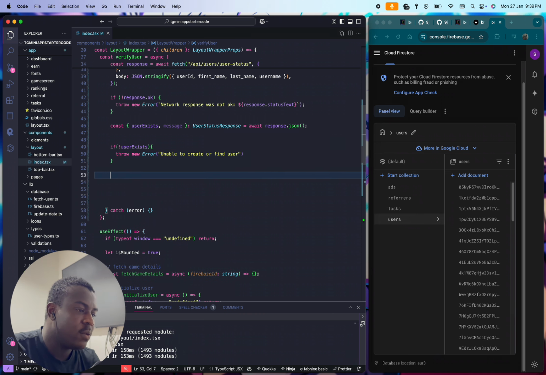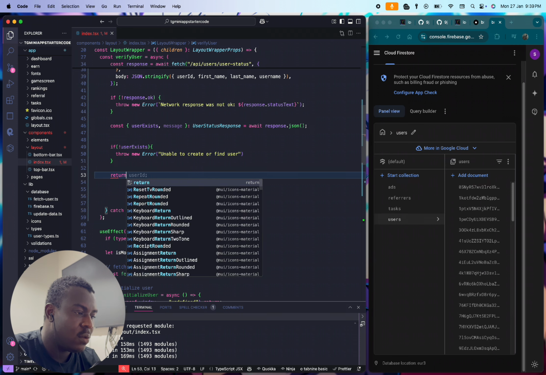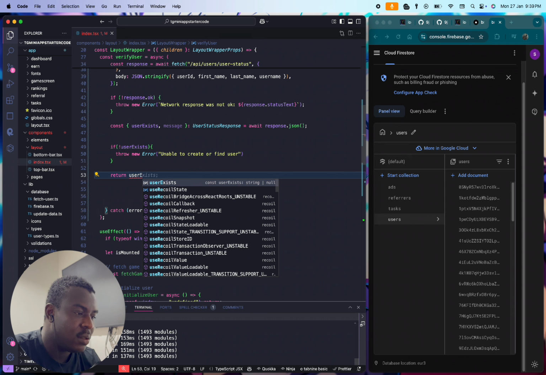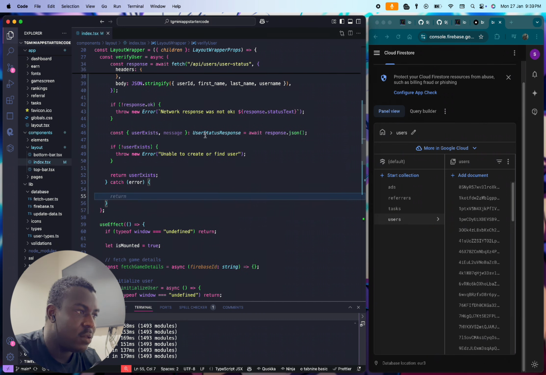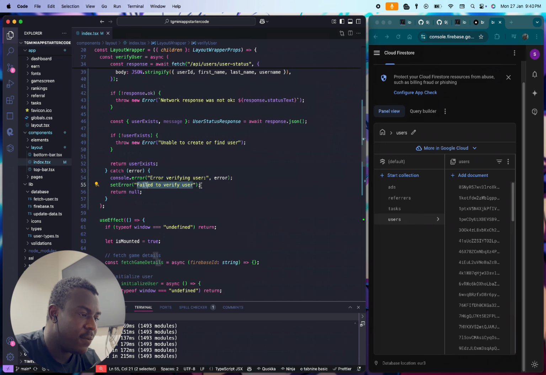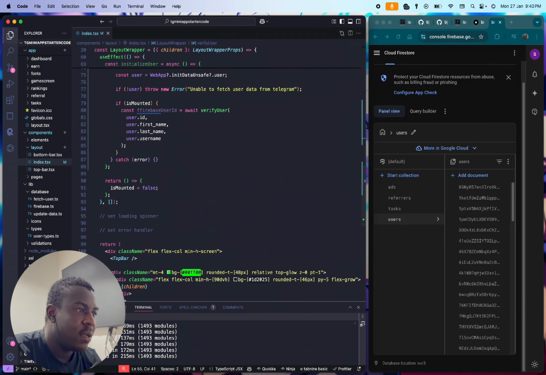Okay, so in case we're not able to create or able to find the user, we need to also tell that. Then here we return the user exists. Okay, so in our catch error, we're just going to say console error and set the error to fail to verify user and return null. So if we go back,